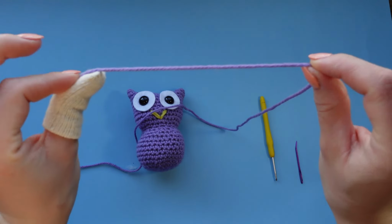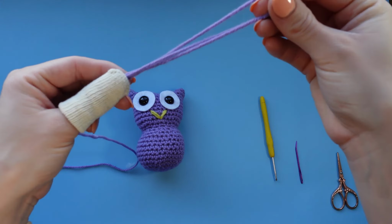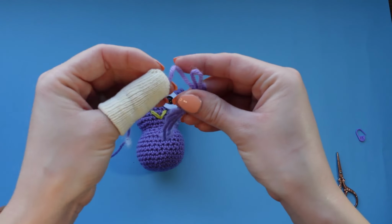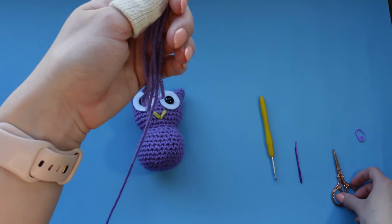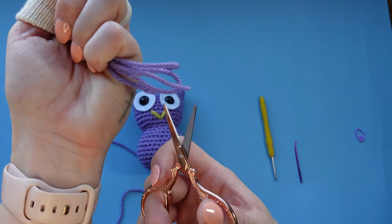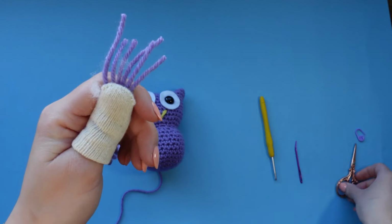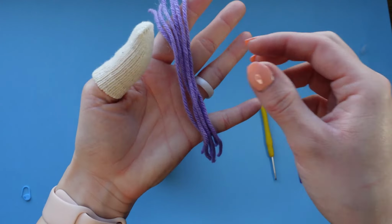and cut 3 pieces 4 or 5 inches long. So I'm going to do 6 in total so that I have 3 for each side here. And then just trim that so that there's 6 different pieces. And then you can take 3 of those pieces